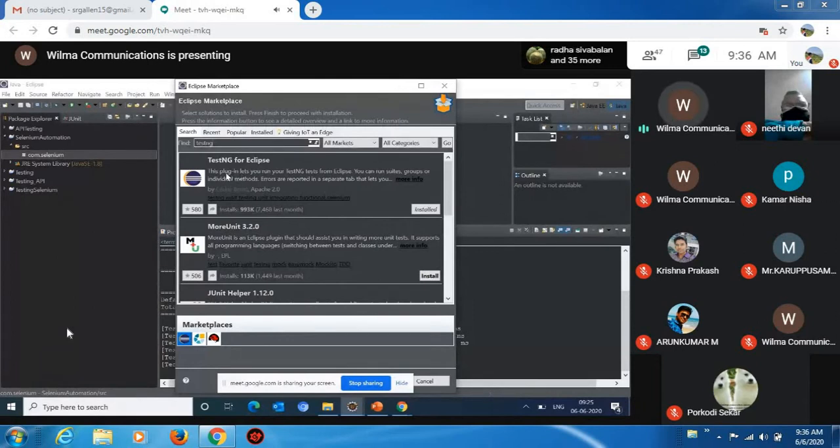We also have one more framework called JUnit, which is the default framework under the Java platform, but that is basically used for unit level testing. At the same time, you can also use it for Selenium, but there are a lot of differences. For example, if you use the TestNG framework, you will get a detailed execution report.